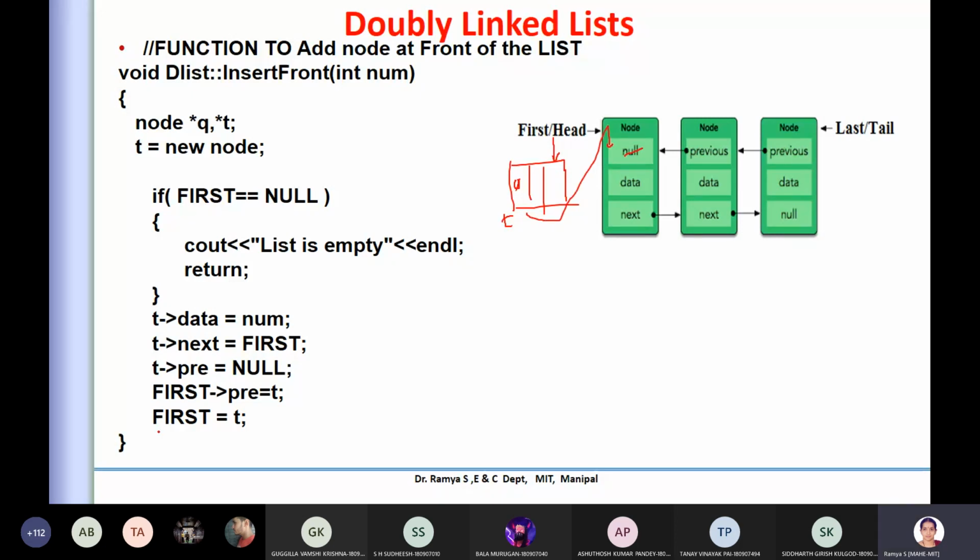Now again, this is a must, otherwise you can't travel back, you can't travel through any list if you miss this particular information. So head or first, or whatever name you give, this is the important link for us, because you are required to reassign the value of the address. If you miss this tag, you can't travel.